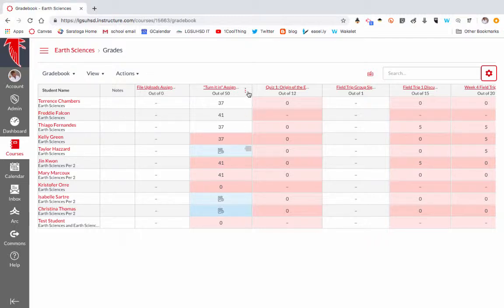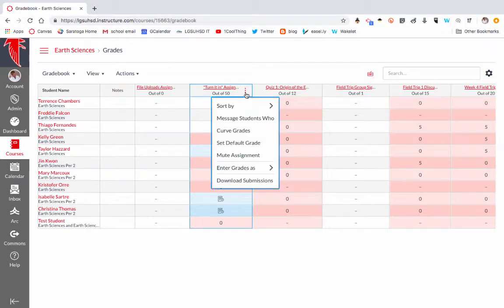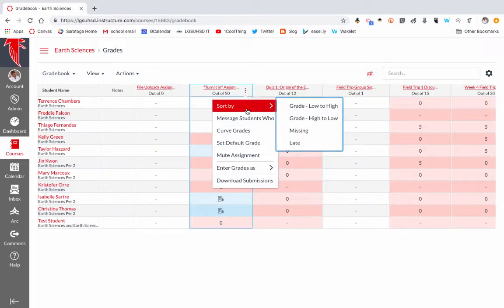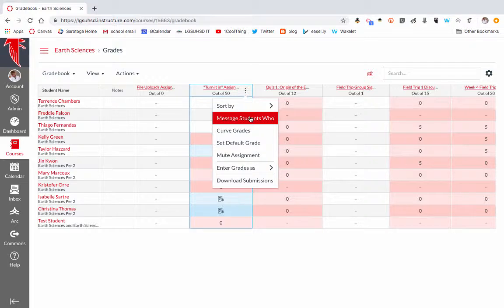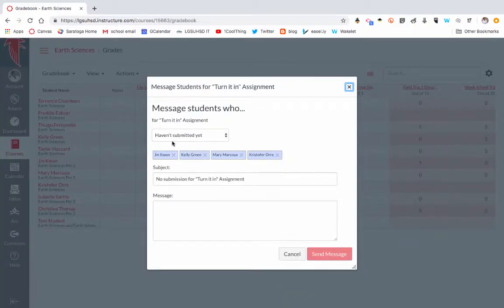If you find an actual assignment, if you click right here, it'll take you to the assignments. You can edit it. These three little dots here allow you to do more options. So here again you can sort from low to high or high to low, missing, late. This is pretty cool. So you have the ability, if you click this, message students who,